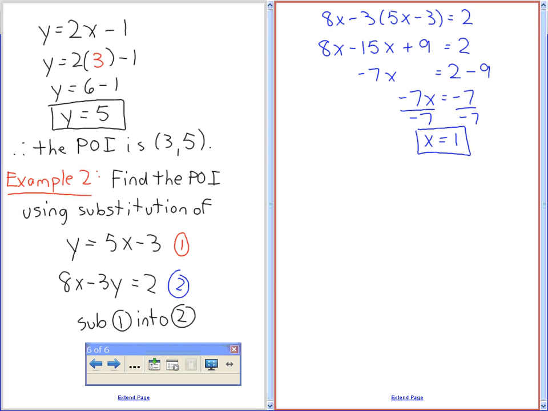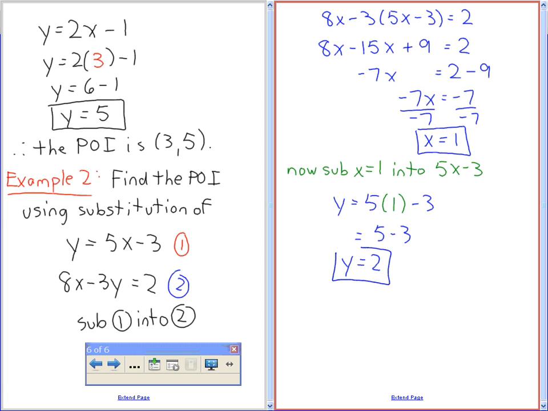All right, so there's that. So Marco, I know that x equals 1. How do I finish up this question? Okay, hopefully what you said was now sub x equals 1 into 5x minus 3. And that's going to give us our y. So I'm going to say y equals 5 times 1 minus 3. Which happens to be 5 minus 3 and y equals 2. And we'll do a therefore statement. We'll say therefore the point of intersection